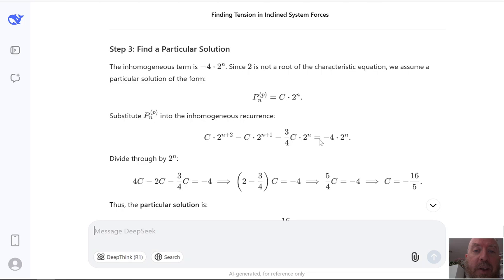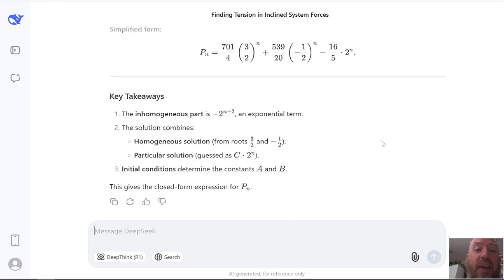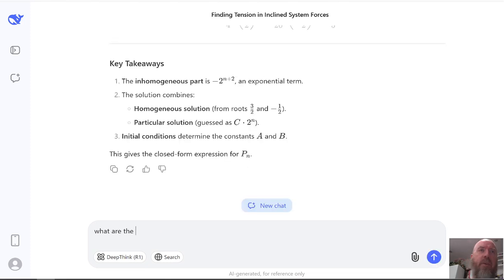The general solution is this. It's the inhomogeneous and homogeneous parts stuck together. Get your answer. Get A and B, and then check. And again, key takeaways. And then maybe you could say, so let's say what I want to ask it is, what are the particular solutions you have to know when? So how do I know what type of particular solution I should use in